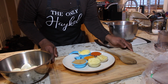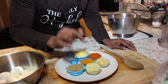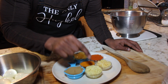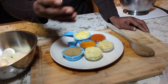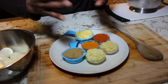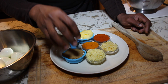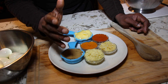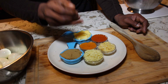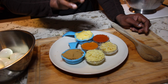So the seasoning that you need is this, okay? Very simple. You got about 2.5 tablespoons of garlic right here. 2.5 spoons of ginger. You don't have to use this much. You can always use less. You can use more. Seasoning is not gonna kill you, but don't put too much, okay? Over here I mixed the cumin and the salt together, about a tablespoon of cumin and 1 tablespoon of salt. I got turmeric, 2 tablespoons. I got 2 tablespoons of the Ethiopian